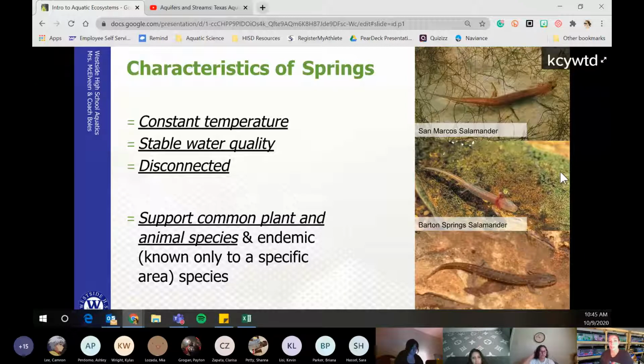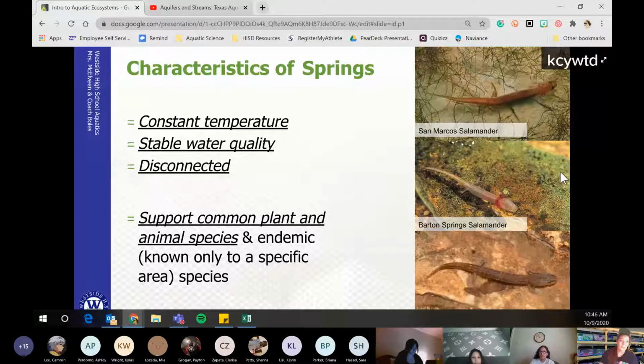However, in spring regions, they're going to have a lot of animals that are only found in that spring, which is why they are named after that area, that region. So San Marcos salamanders are only going to be found in San Marcos, Texas. You're not going to find them in Colorado. You're not going to find them in Florida because they are native and they have adapted to that spring in that aquifer's water. Then you have Barton Springs salamander, and then it says Georgetown salamander. Mine's covered up by my screen. And so they are going to support a unique amount of life that is specific to that area.